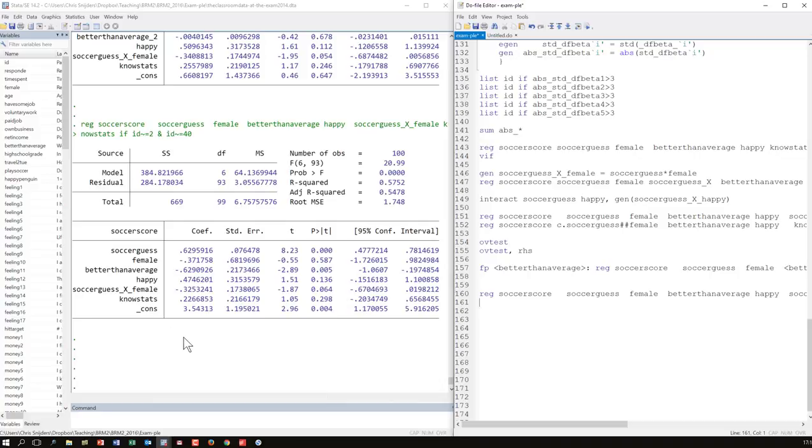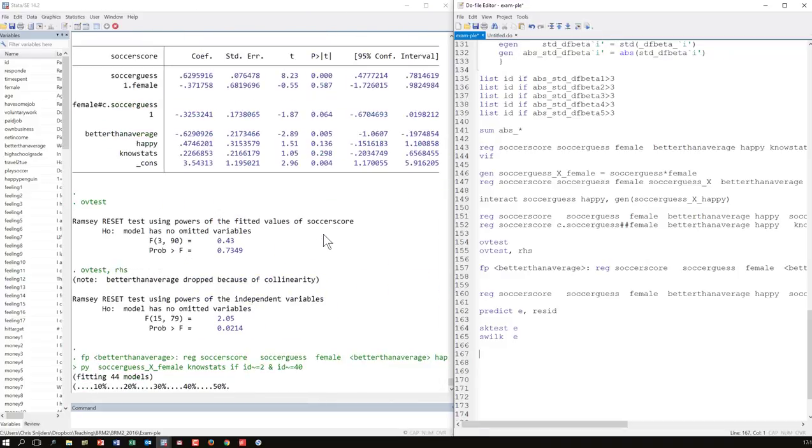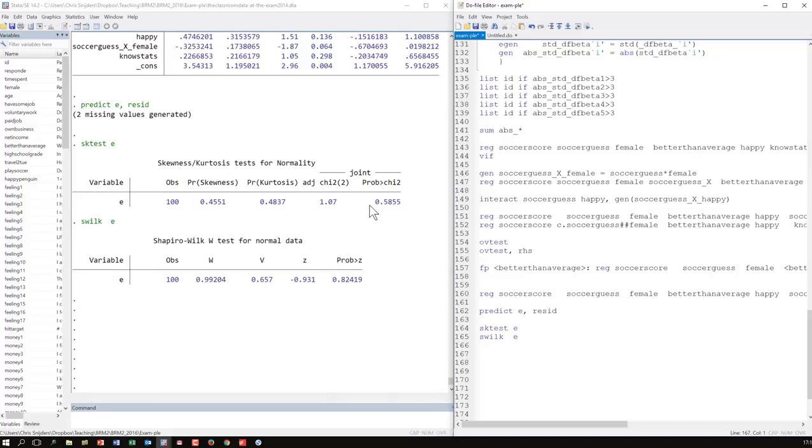So let me show just one, normality, for instance. Predict residual. I call the residual E and I do a normality test on that. Oh, where did the mouse go? There. Apparently here, normality not violated, so that's pretty decent.